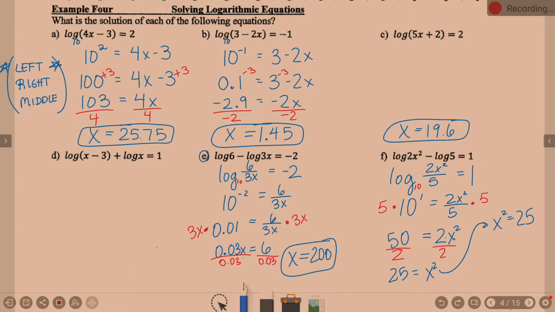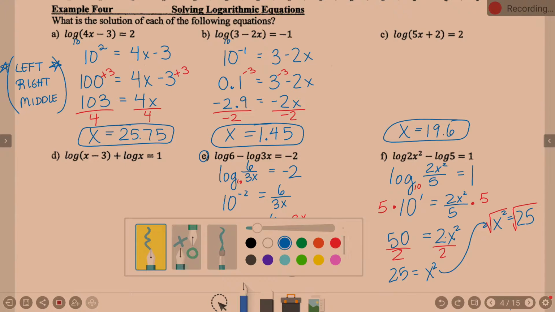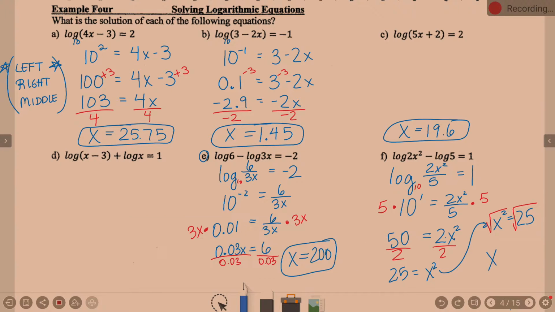Square root it. When you say squared at this point, I know you guys know what you mean in your heads, so I know you're going to do the right thing. Since it's x squared, we're going to square root it. The square root of x squared is x. Square root of 25. 5. And